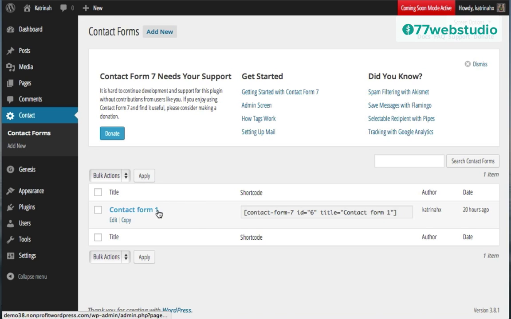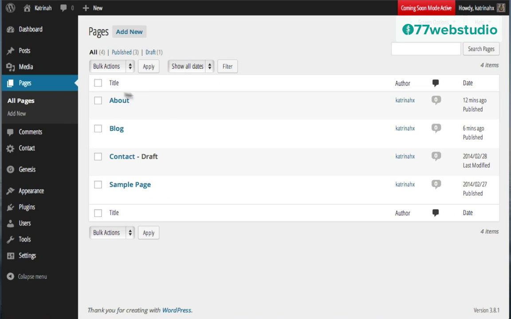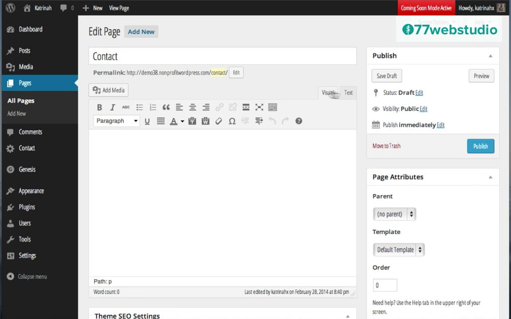Then here we see the default contact form that comes when we install this plugin, so I'm going to click on Edit. Here you can check out the fields that will be included in the contact form, mostly a name, the email address, a subject title, the message, and a send button. These are the standard fields in any kind of contact form. So the code we need is right here above, so I'm just going to copy all of this, highlight it and copy it. Then going back to my page, I'm going to click on Pages here. Then here we see we have the draft of the contact page. I'm going to click on Edit to continue working on this page. Then here we have the Visual tab and the Text tab. I'm going to click on Text.